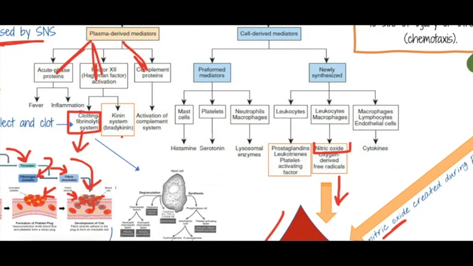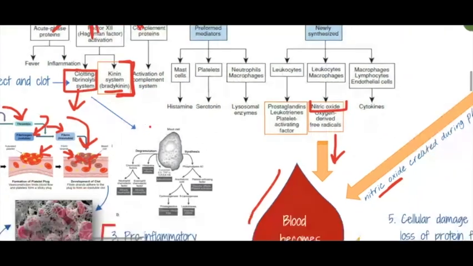One of the other things being released during this process are these things called kinins, and they're really just another kind of inflammatory mediator. Really, the one we're going to talk about is the bradykinin. So that's also being released during this vascular response,